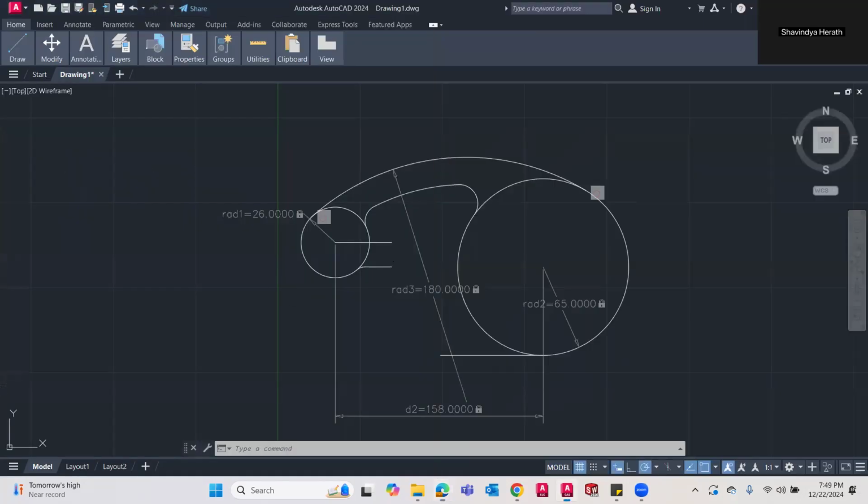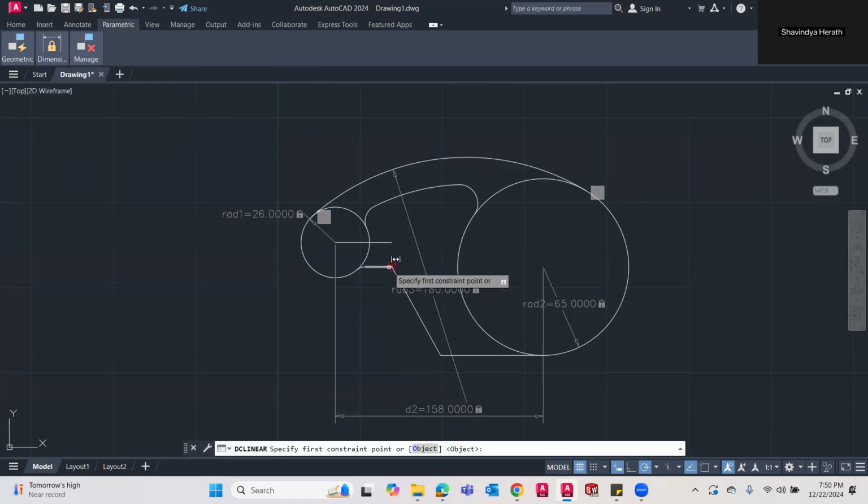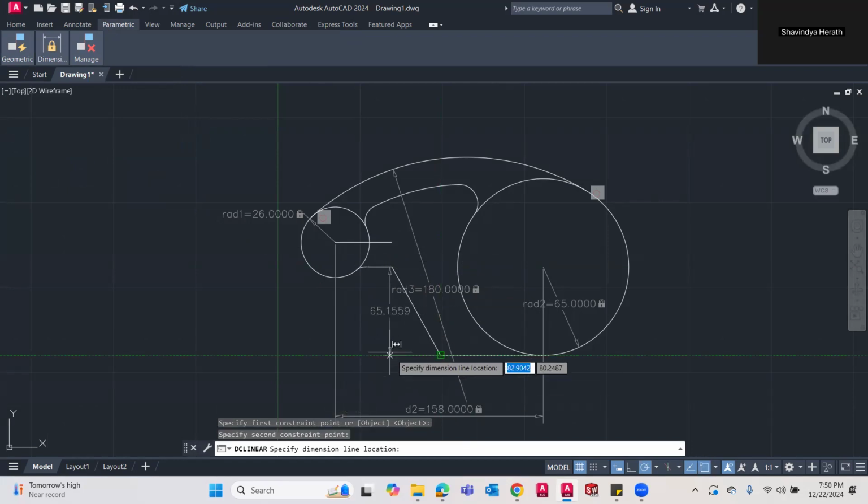And then what I'm going to do is I'm going to match these two lines, right? From here to here. It is 37 for sure. Right? If I have a doubt, go to parametric, apply the horizontal dimension from here to here.